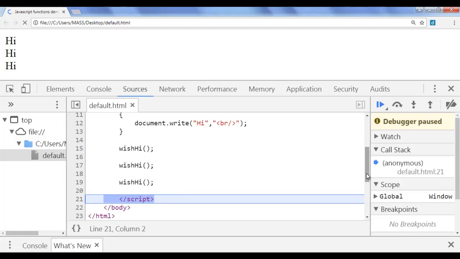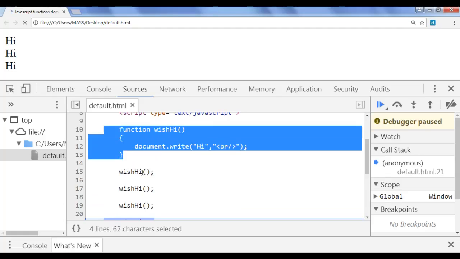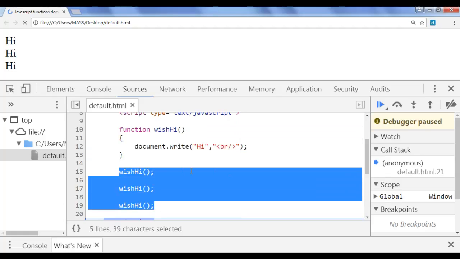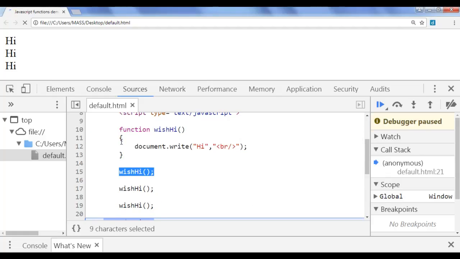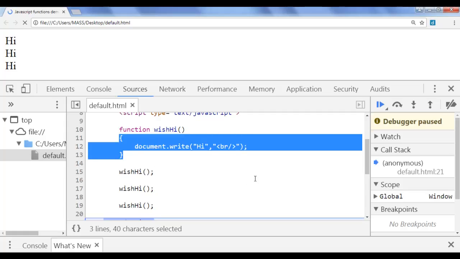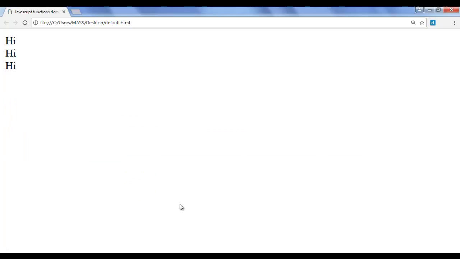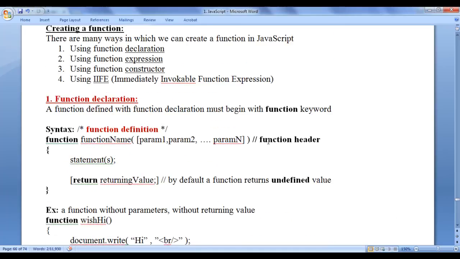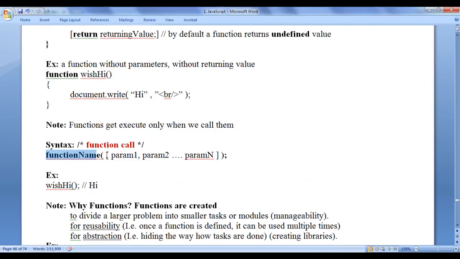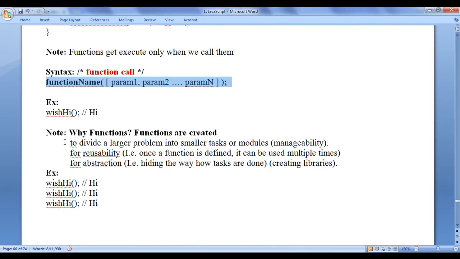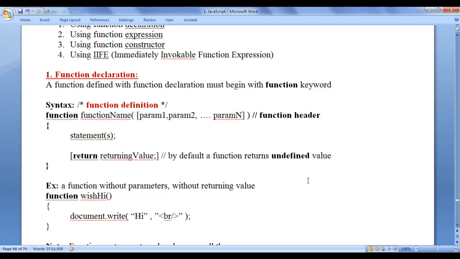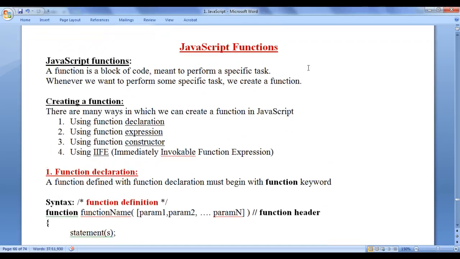That's how functions are defined and functions are called, and whenever you call a function, the body of that function is executed. I hope you guys have clearly understood what a function is, how we define a function using a function declaration, how we call a function, and what the reasons are for creating functions. I think for this video tutorial this much is enough, friends. In the next video tutorial we get